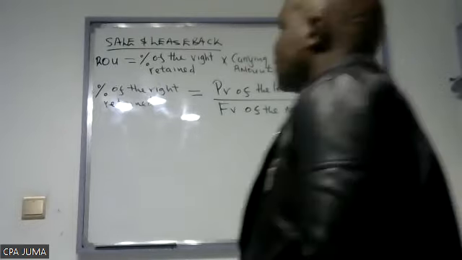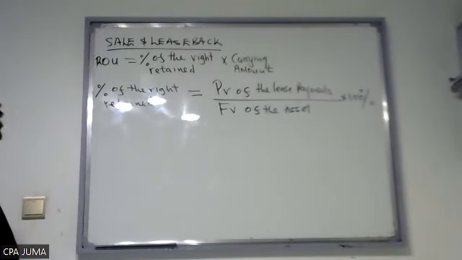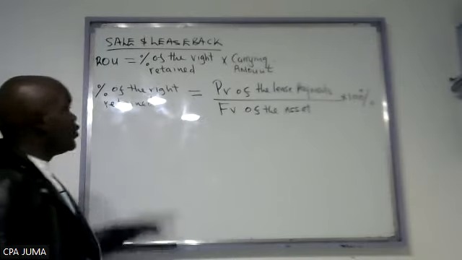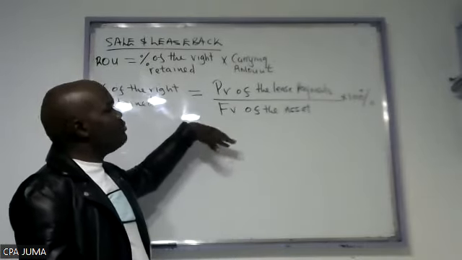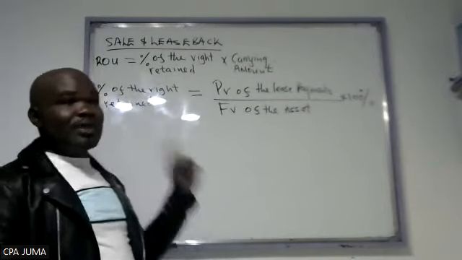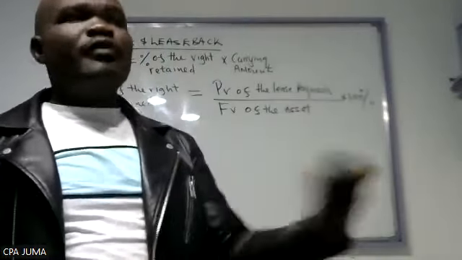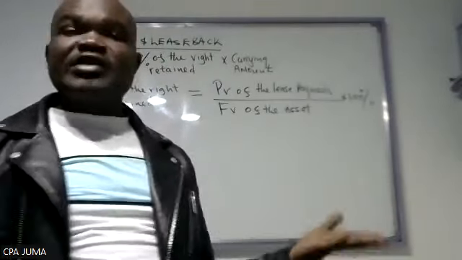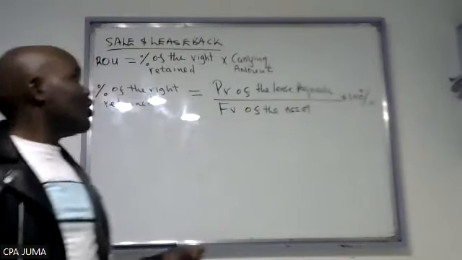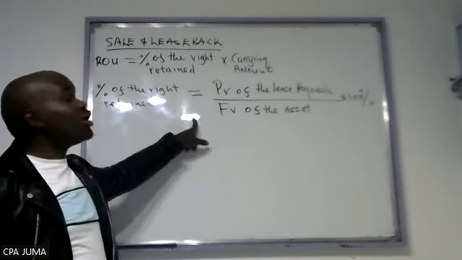Good. Present value of the lease payment divided by fair value of the asset. Let's say if you do this, you get maybe 20%. So 20% is what this person had retained on that particular asset, because they played within the book value and the market value when they were selling. So it is always about what they will pay based on the fair value at which they sold that asset.